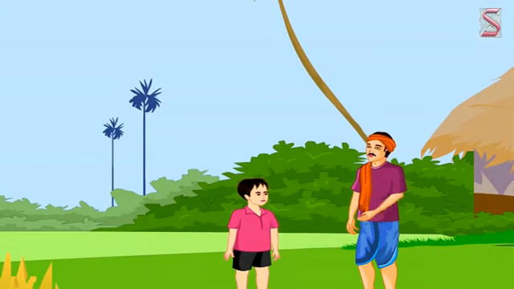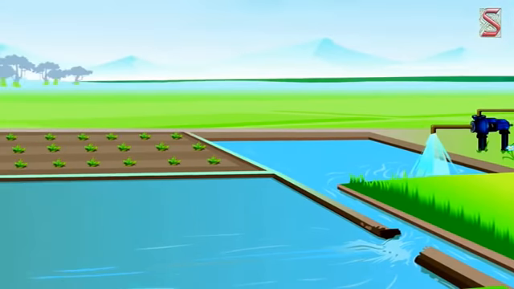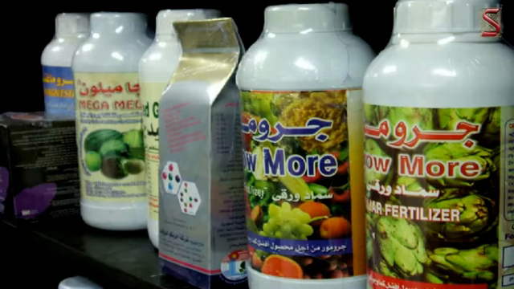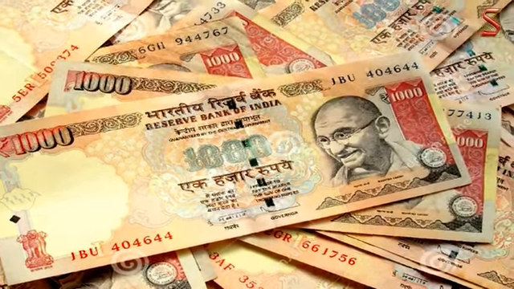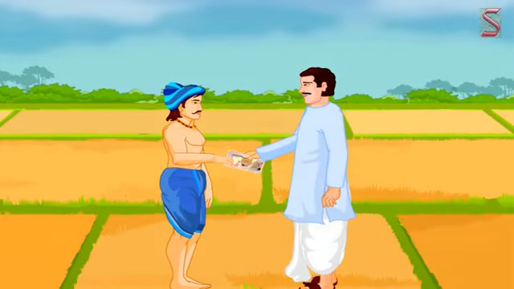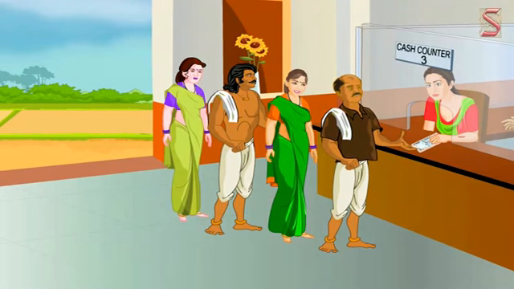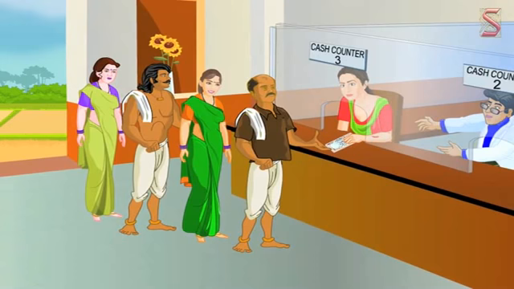Deepu, you know that modern farming involves the use of high-yielding variety seeds, assured irrigation, fertilizer and pesticides. To get all this, one must have sufficient capital for production and therefore money. Most farmers borrow money from large farmers, village money lenders or traders. The rates on which these loans are provided are very high and the farmers have to work a lot harder